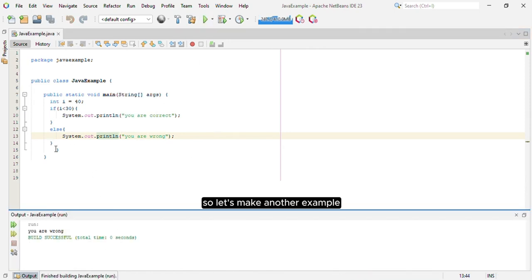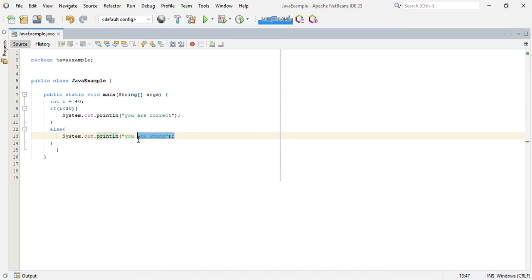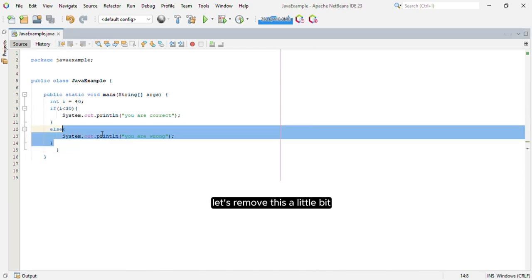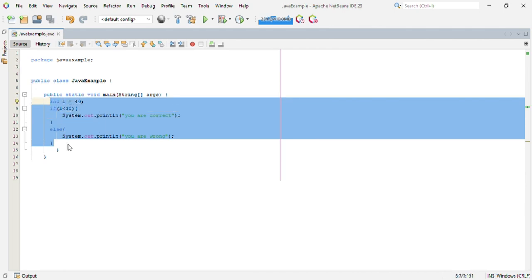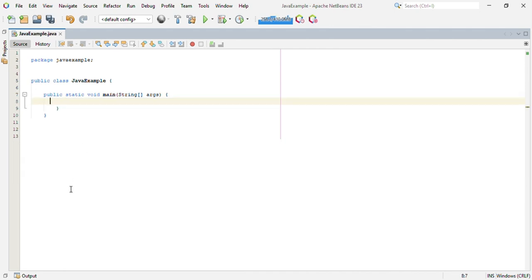So let's make another example. Let's remove this a little bit. This time, our program will ask for a number, and based on the user's input, it will print either a loving message or something different. Let's start our code.